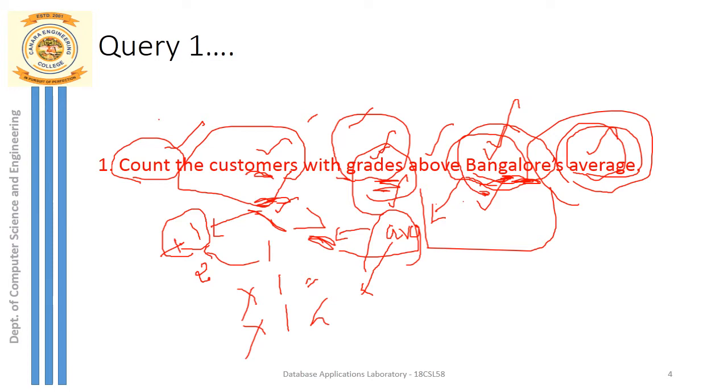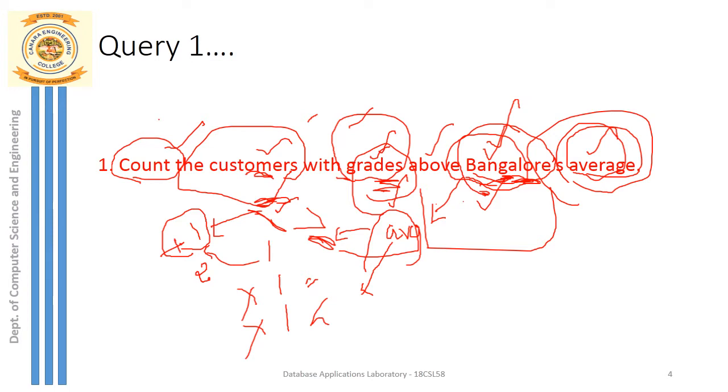So what are those 2 parts in this question? The first part is here. I need to calculate the average of grades. So what is that average of grades of customers that I have to calculate? Not simply all the grades average. I have to first retrieve all the customers who belong to Bangalore city. So how do I do that? Just mention the city value is equal to Bangalore. By doing that, I am able to retrieve only those customers who belong to Bangalore city.